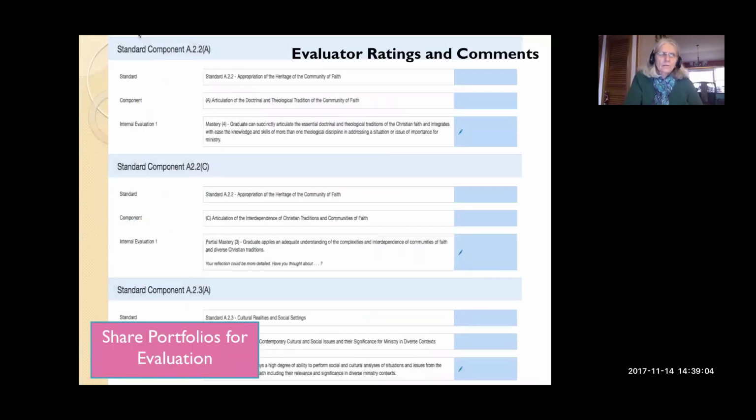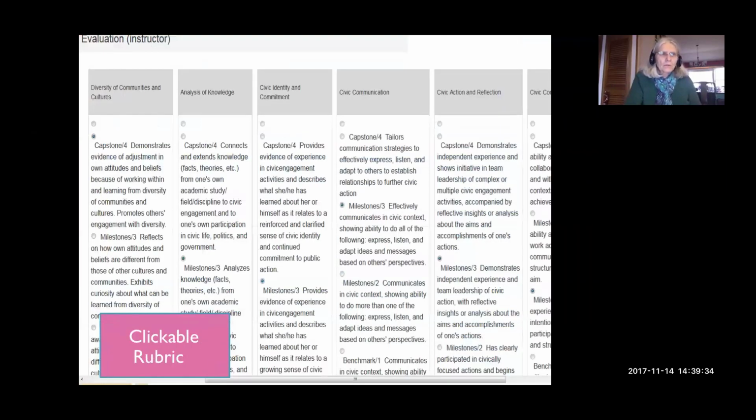So here's these examples from Karuta are relatively simple. They could be much more elaborated with bells and whistles. But here, the student is being exposed to a standard that contains a component, and they receive evaluation of their artifacts according to a rubric, here with a drop down where mastery is 4 and partial mastery is 3, and so on. Here's a clickable rubric in Karuta where the faculty can see